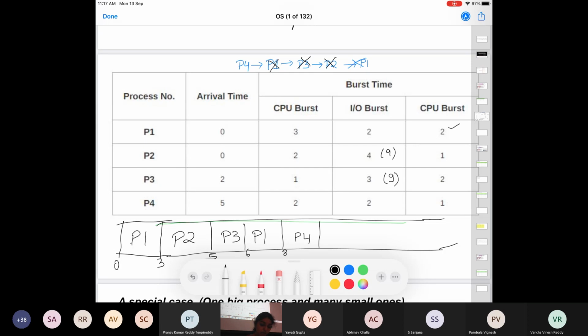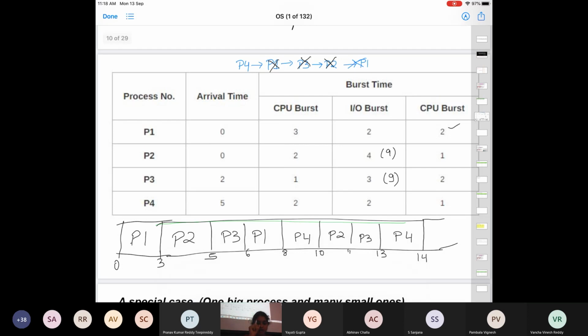And now if you look at P4, it will execute till 10. It will come back at 12. So meanwhile, P2 and P3 will execute. So let's execute P2 and then P3. And then by this time P4 came back, and you can execute P4 here, right? And P4 executes for one time unit. So this is how it looks like. And here if you see the response time, it might not be equal to the waiting time in this particular case.